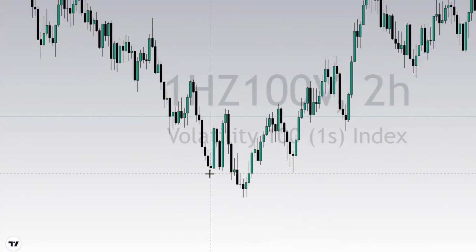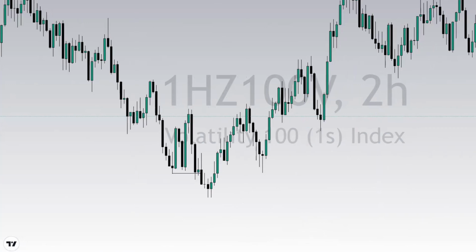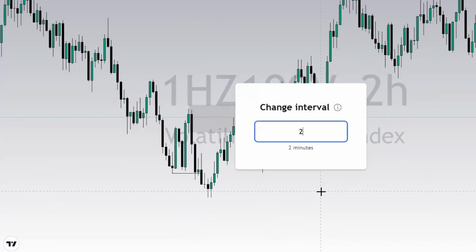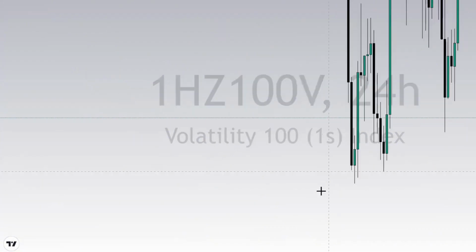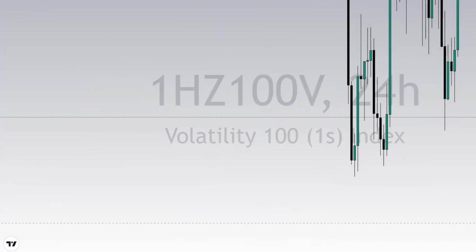We had this break of structure to the downside. Now, where you're going to be thinking of marking out your point of interest is this particular candle, and also for the fact that we had a fair value gap. You can see that we had a fair value gap there. So this would have been a possible area for you to say you want to continue the sell movement to the downside.